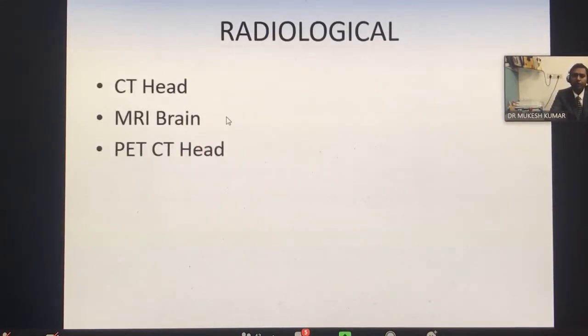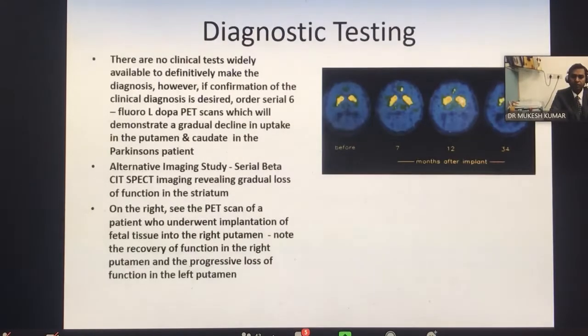Radiologically, what do you need? Whenever you see Parkinson's, the most important thing is to identify the drug history. Is there any component of the drug which is leading to dopamine depletion, or a shortage of dopamine in the body? And then after that, you have to exclude a structural lesion by doing a CT, MRI or PET CT, so that there is no mass lesion or anything else which gets missed. PET CT or SPECT shows hypo-uptake of